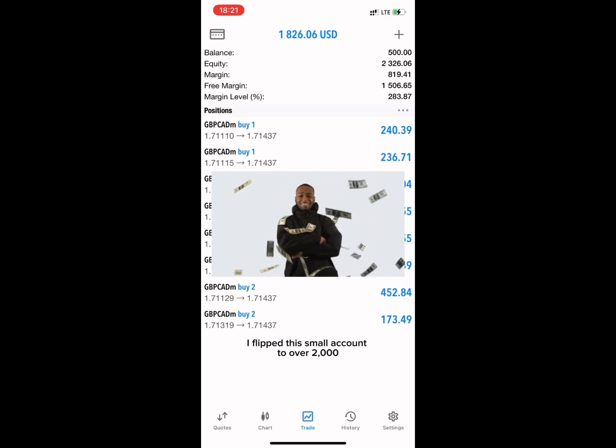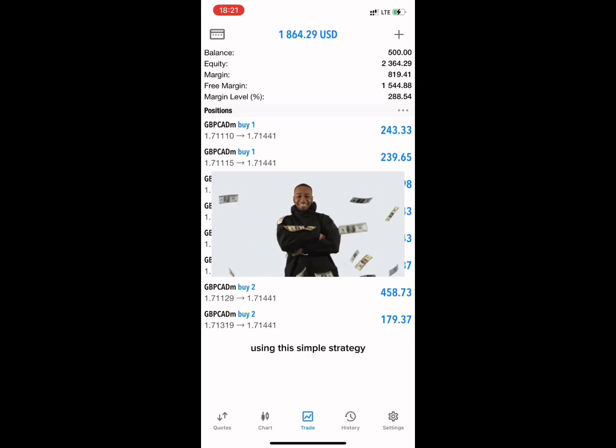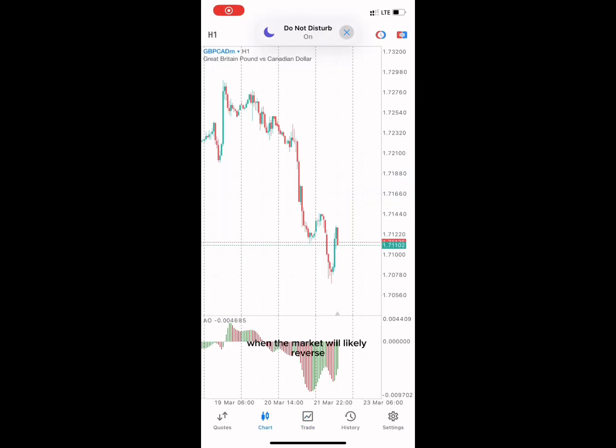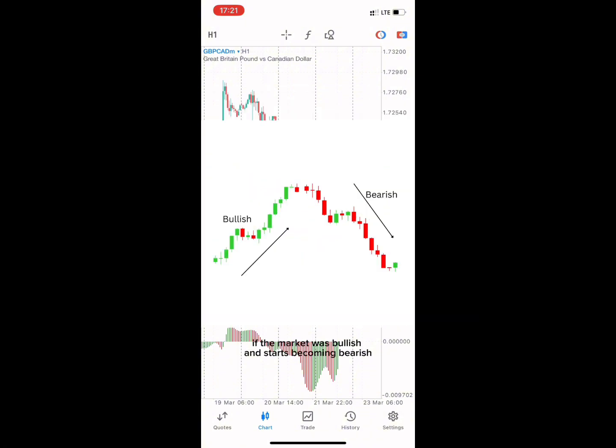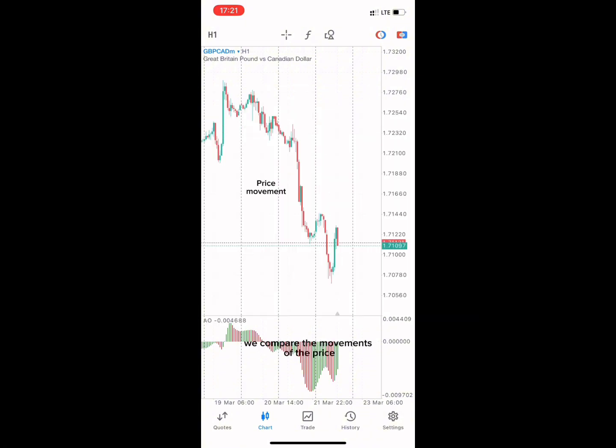I flipped the small account to over $2,000 using this simple strategy. This strategy works when the market will likely reverse and change direction. For example, if the market was bearish and it starts becoming bullish, or if the market was bullish and starts becoming bearish. We compare the movements of the price to the movements of an indicator known as an awesome oscillator,